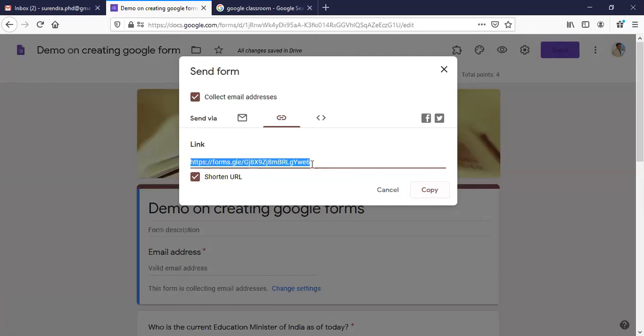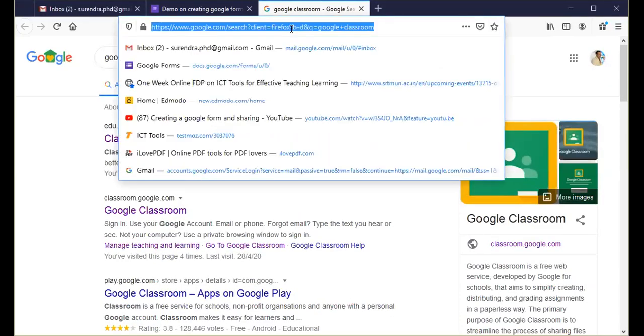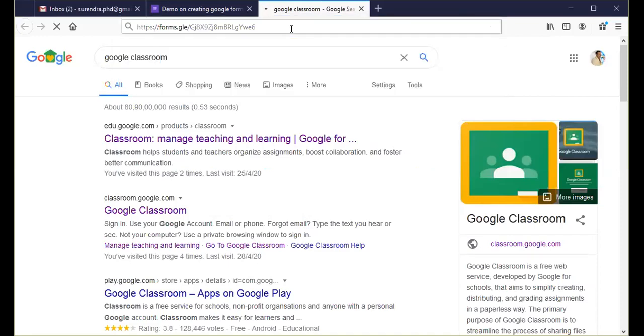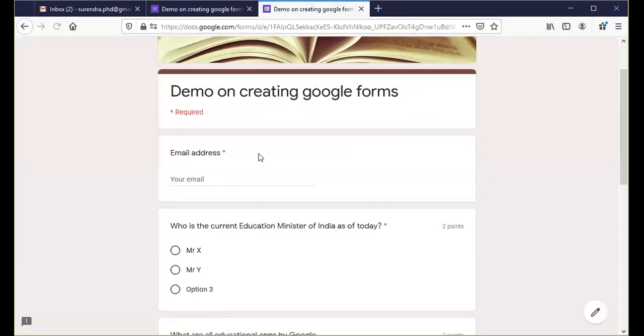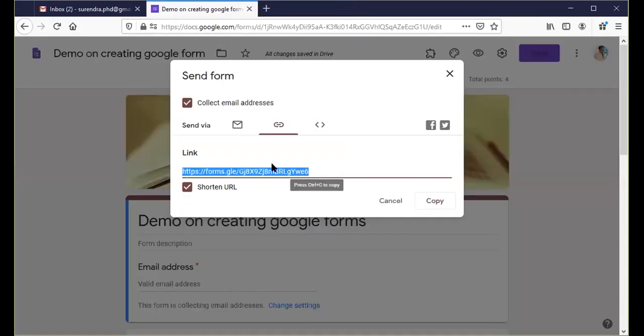This is the easiest and best possible way: you take this link, shorten the URL, copy it and paste it anywhere. Suppose we paste it somewhere here, then you can see that this form is ready to submit. So you can share the form in that way.